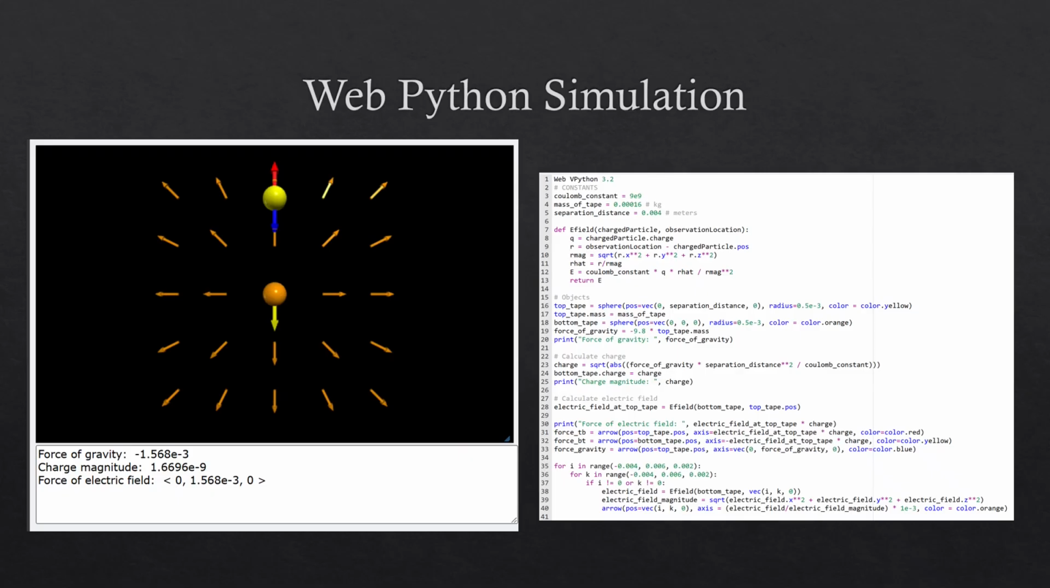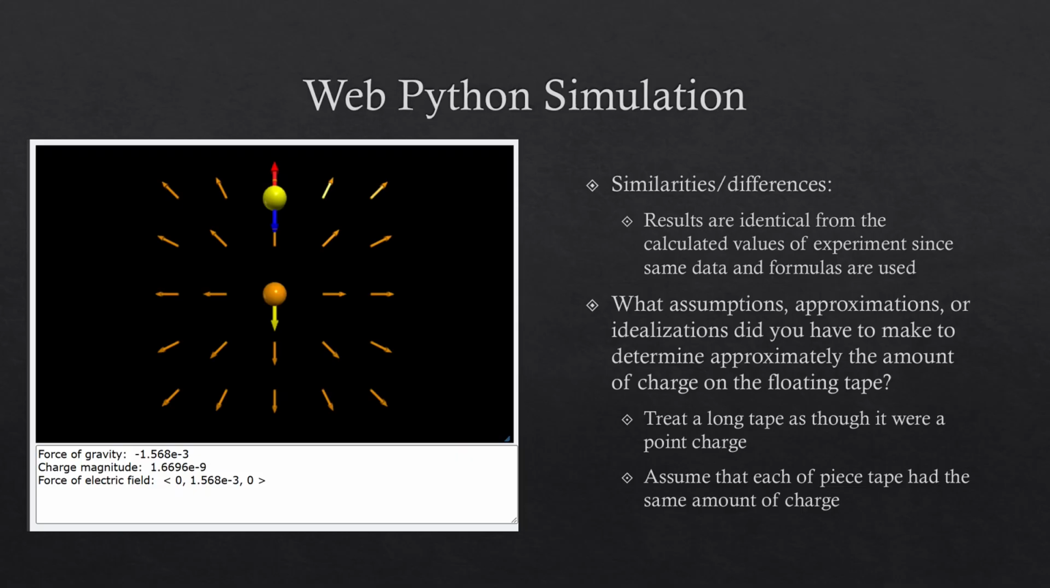Here is the WebPython simulation. In the picture on the left, we can see that the orange arrows represent the electric field due to tape A, and tape B, which is the top circle, has the two forces, the electric force and the gravitational force. The results of this simulation are identical to the actual experiment because the same data and formulas are used. And we make the same